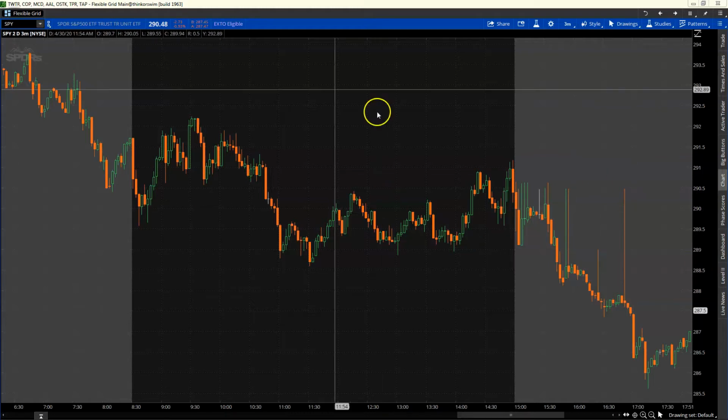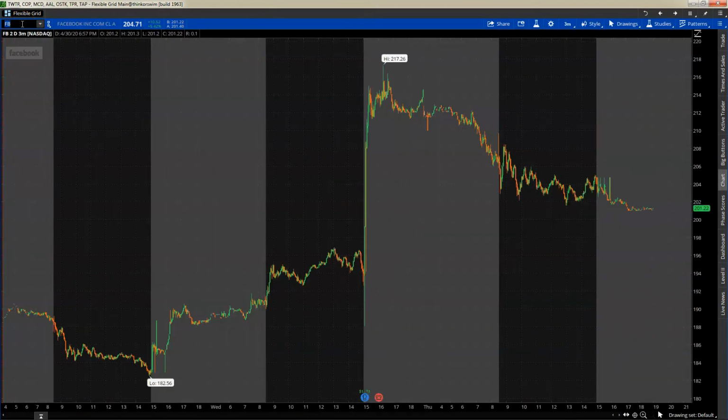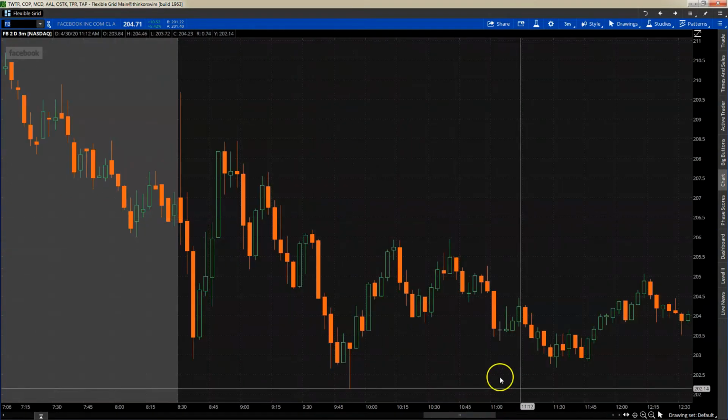The 3 symbols that I did trade was Facebook. I'm gonna go ahead and get into this one first. They had earnings last night, so they popped up pretty good. The high of the evening session was 217.26, as you can see on the screen. But they came out and gave up the ghost right pre-market,